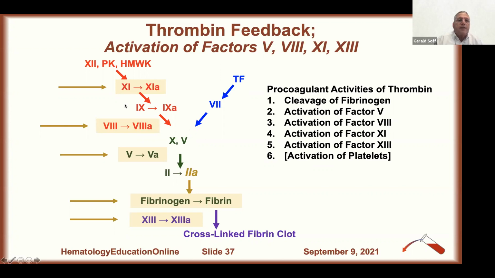This also explains why patients with 11 deficiency have some bleeding, because 9 and 8 can get activated by 7A, as we talked about, without the role of factor 11, but factor 11 can be activated as part of a thrombin burst and feedback and further activate additional factor 9. So these are some of the procoagulant activities. In addition, I put it in brackets because it's not a clotting factor, but